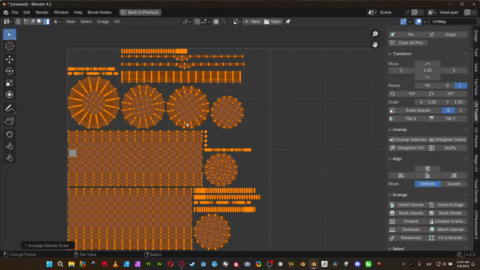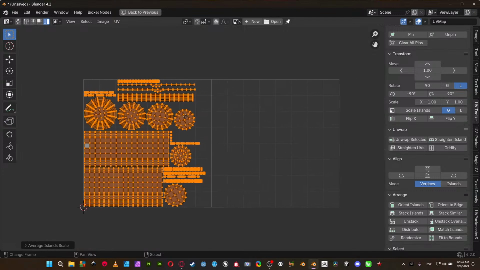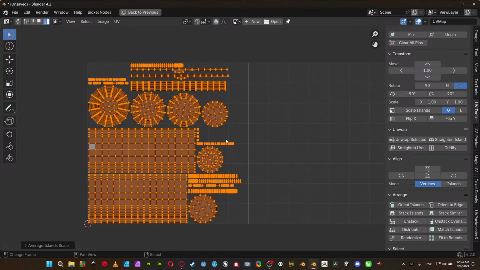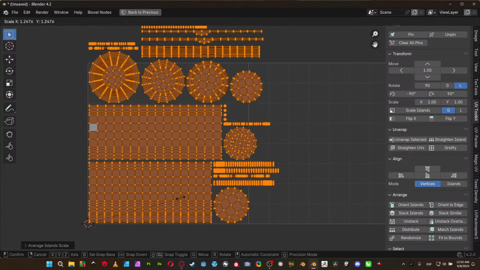In this case I don't care, but I'm going to show you next, for example, how we can start propagating all of these by hand, because in my personal opinion I prefer to have control of everything in two different UDIMs. So what are we going to do? First of all, search for the biggest shell, which is this guy in here, as you can see. Let's go to the cursor and then scale this guy like this,